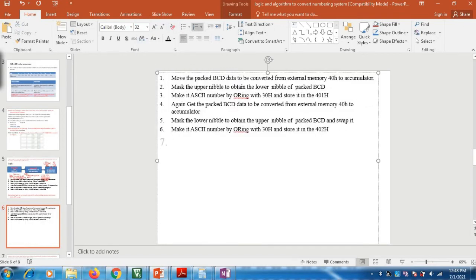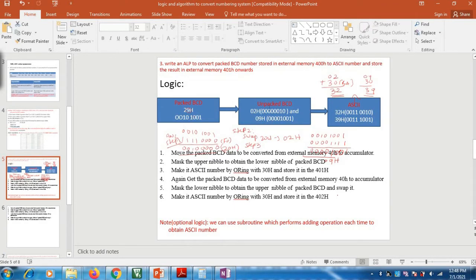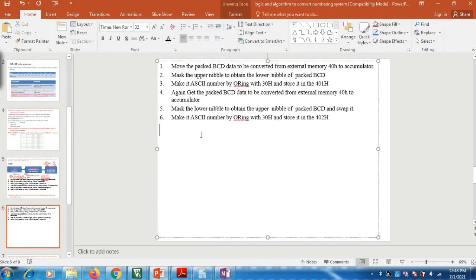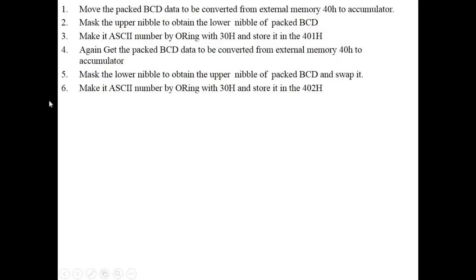Okay, let's write the program now. Presently the data is present in external memory location 400H. So the first instruction is we need to initialize DPTR with 400H.